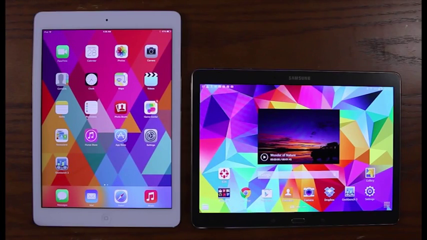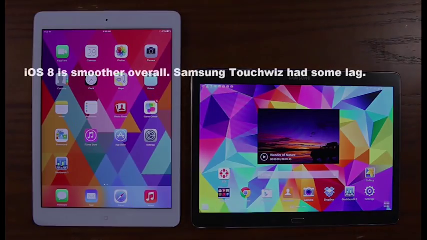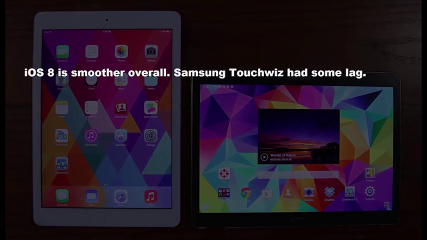As for overall smoothness and fluidity, Android with TouchWiz and iOS are both very smooth. However, there was occasional stutter while working with Samsung TouchWiz, which simply doesn't exist on iOS. So you will get some lag on the Samsung, but you're not going to get any lag on the iOS